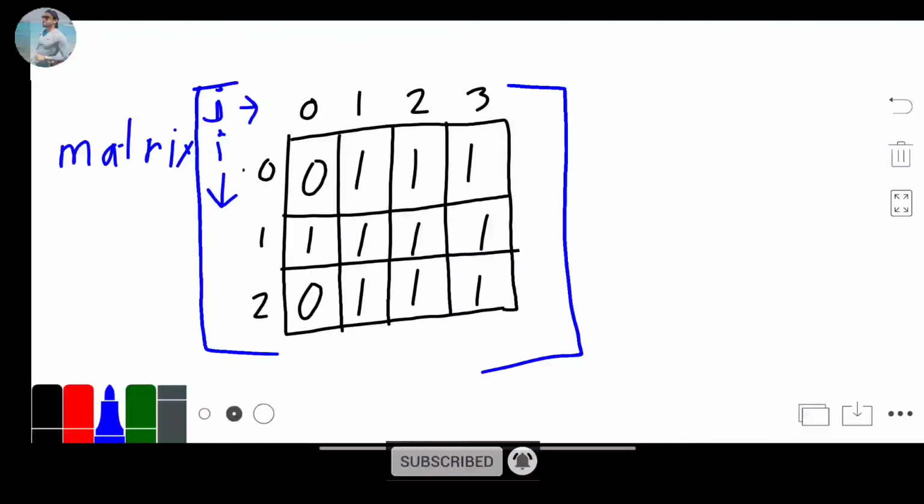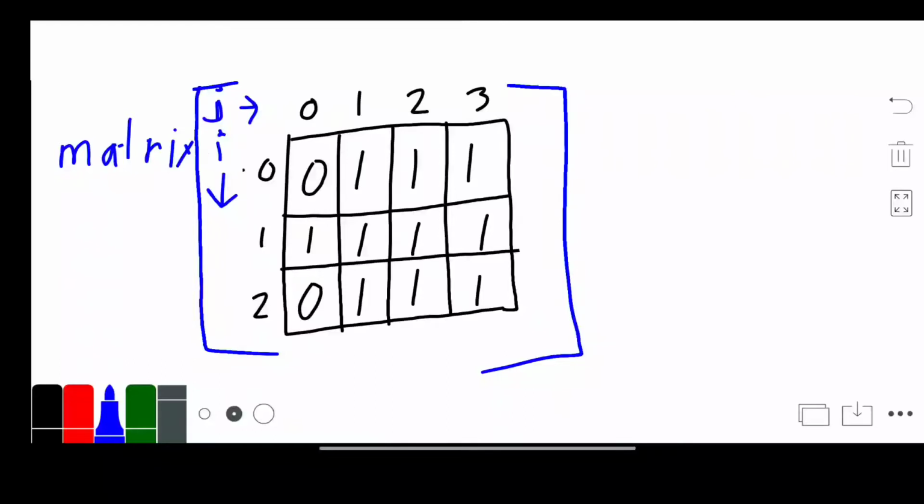Today's question is very simple, and this is similar to the maximum subsquare sum. So first we will understand this question. If you are not aware of this maximum subsquare, you can go to the I button or description link. First I will explain the question. Basically, we have to count how many possible squares there are.